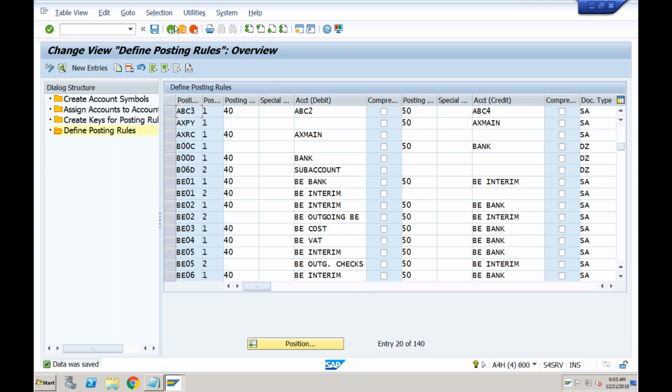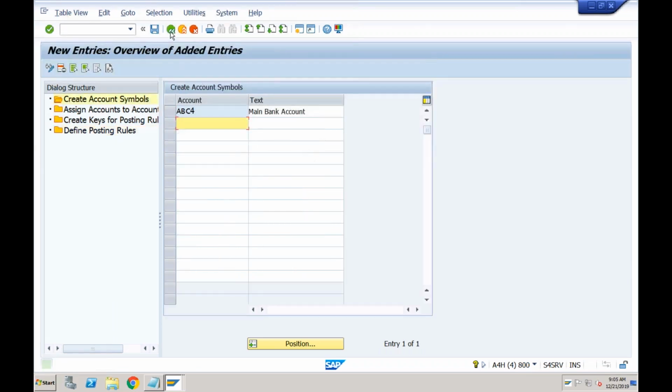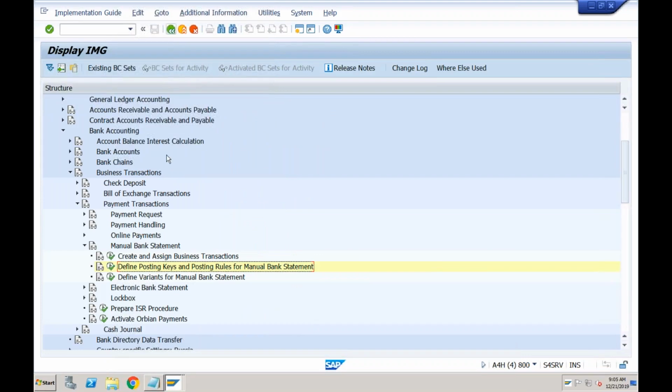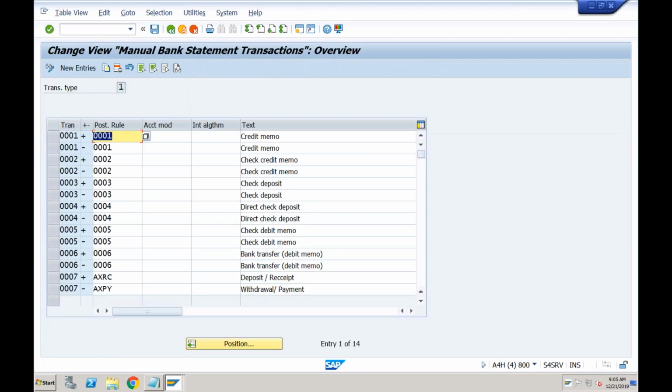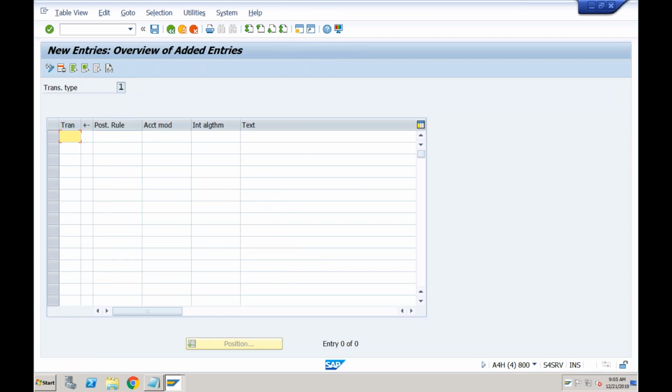Right? After doing this configuration, one last step that you need to do is you have to use this activity, create and assign the business transactions. So again, what you will do here is those 3 transactions you will create here once again.